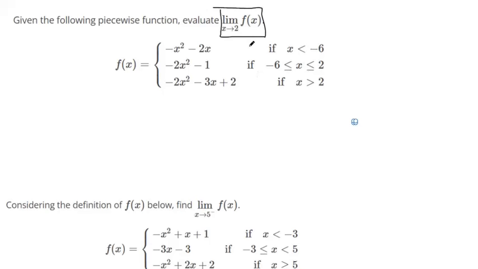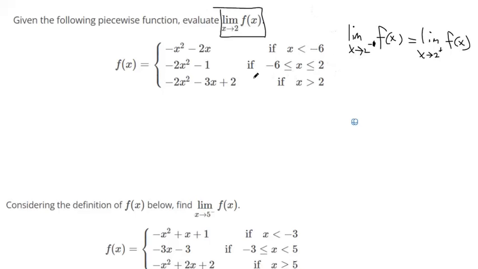The only way this limit exists is if the limit as x approaches 2 from the left, oops, sorry, just a minus sign there, is equal to the limit as x approaches 2 from the right. Okay, so to make that determination,